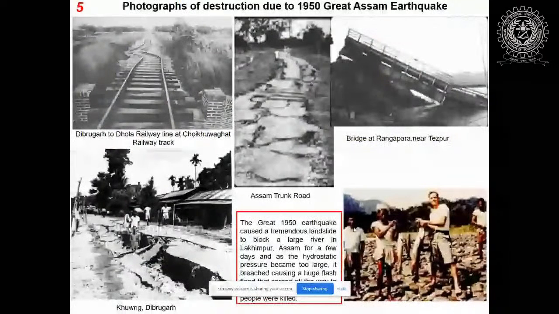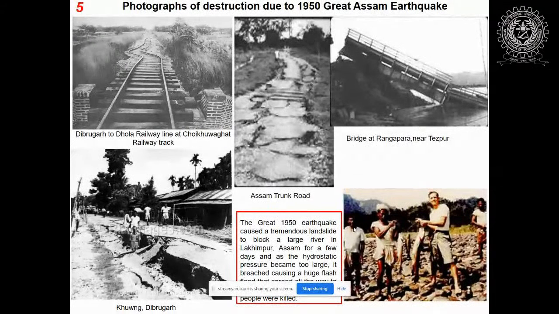The important point is that at that time there was no availability of a database, so the exact source parameters of these two great earthquakes are not known till yet. But for seismic hazard analysis, it is very important to know the source parameters of each and every earthquake. So in this presentation, I'd like to speak on how we can determine the source parameters using a very strong technique known as waveform inversion or waveform modeling.